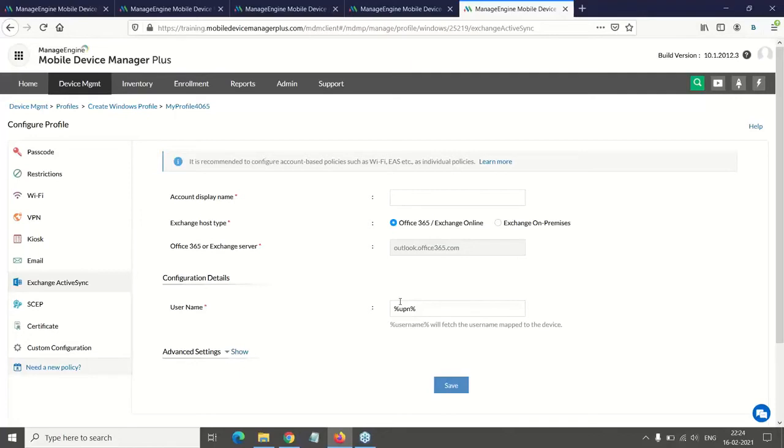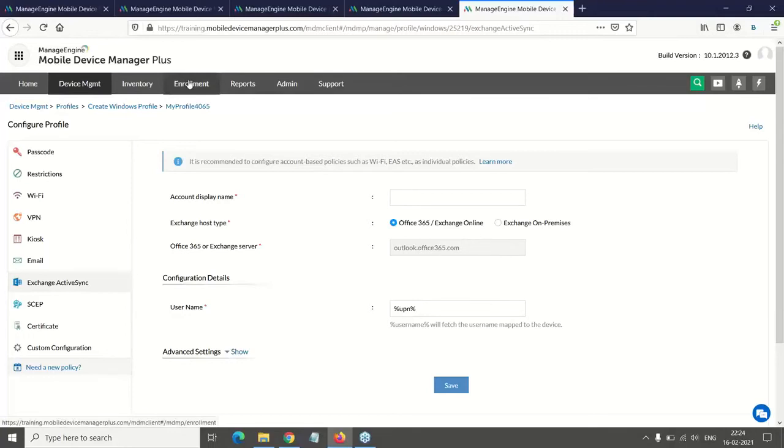And a common doubt with the users when you deploy the Exchange ActiveSync policy is that the email policies are user specific. So how does it apply to the devices via MDM? That happens with the help of the dynamic variable, which is the UPN, that fetches the username and email ID that is assigned to this particular device under the enrollment tab.